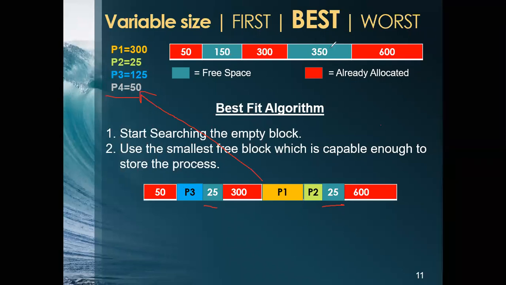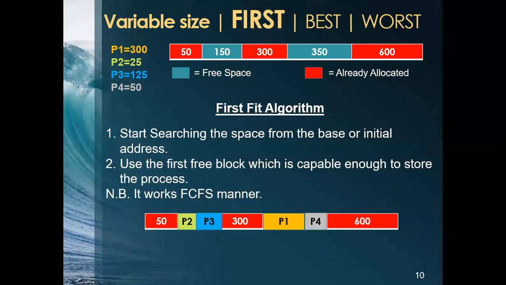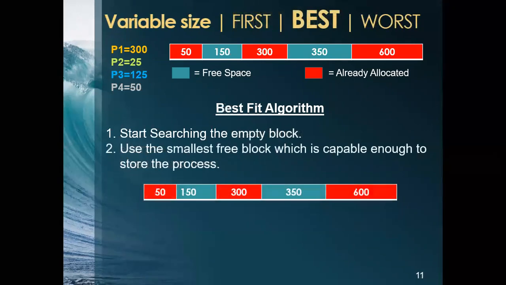So even though we had the best intention in mind, we wanted to make the algorithm more efficient, it actually became more problematic for us. The first fit algorithm, even though it was very simple, could store all the processes, but here this one is unable to store all the processes. Now let's see another example, that is worst fit.